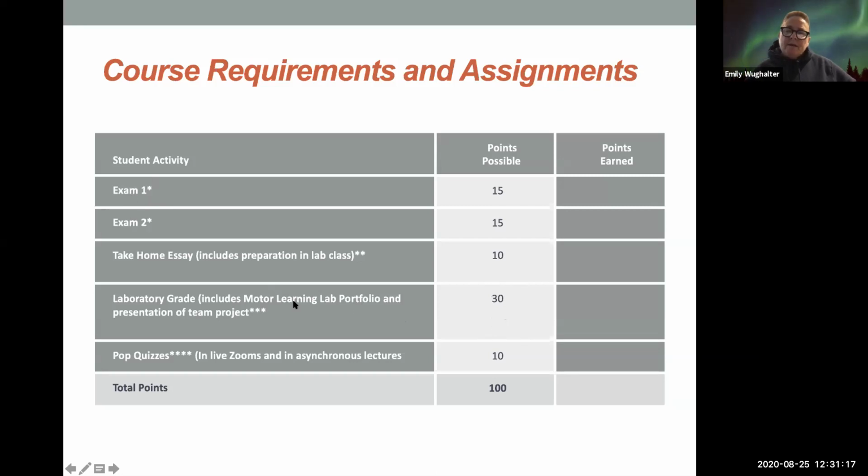Every week, immediately following your laboratory until the next moment that you return to the laboratory the week following, there will be a reflection assignment. It will be short, 1 paragraph. It could be a long paragraph or a short paragraph. And each one of those reflections will be worth 1 point, for a total of 15 points toward your laboratory grade.